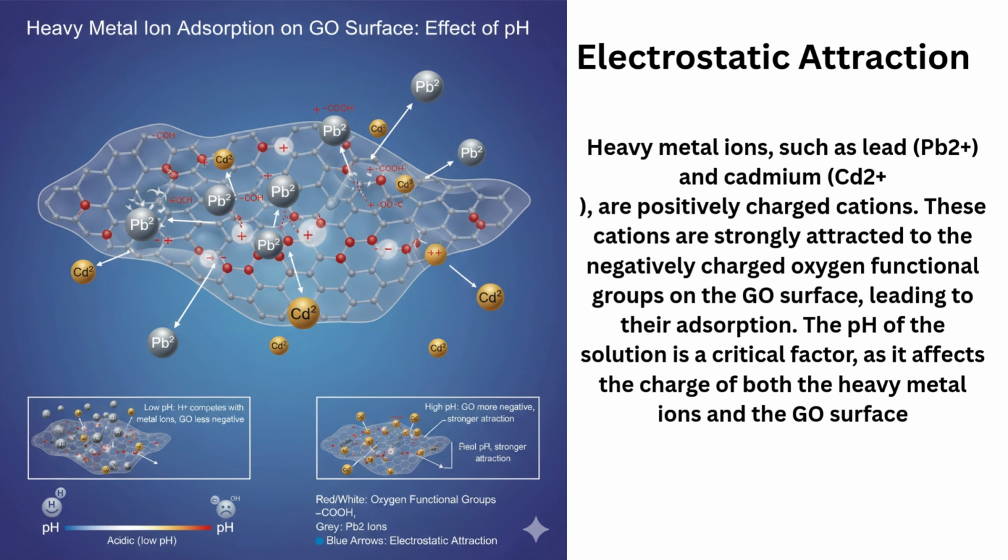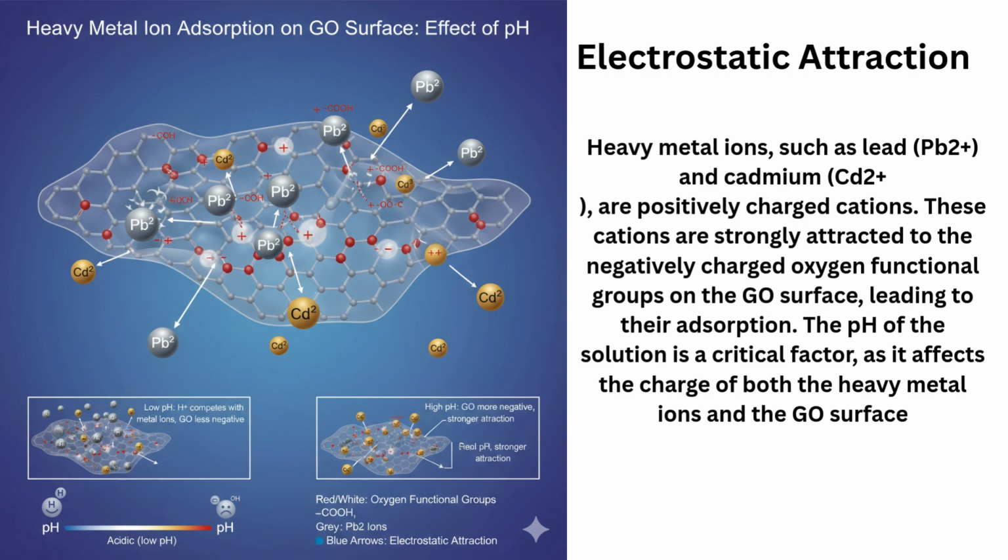Electrostatic attraction. Heavy metal ions, such as lead and cadmium, are positively charged cations. These cations are strongly attracted to the negatively charged oxygen functional groups on the GO surface, leading to their adsorption. The pH of the solution is a critical factor, as it affects the charge of both the heavy metal ions